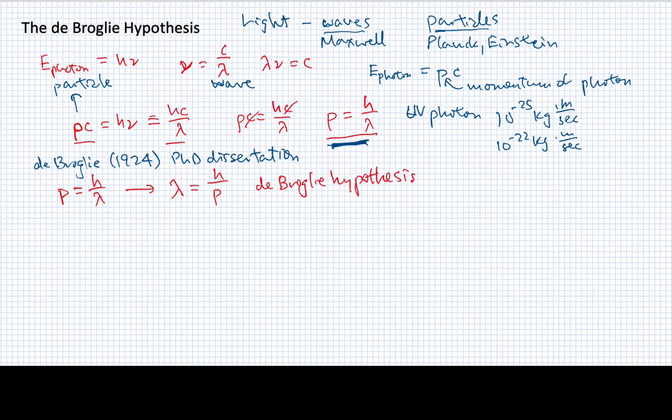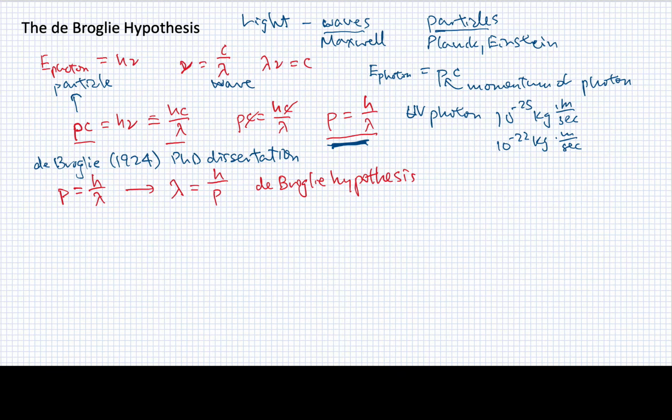Now, in case you're wondering if this was a radical idea, in fact, he was in danger of not passing his PhD because of this idea, but his examining group sent his dissertation off to an eminent physicist who wrote back and said, this is the most brilliant thing I've ever seen, and they accepted his dissertation. It probably helped that the person they sent it to was Einstein, and Einstein was very impressed with what de Broglie had done.